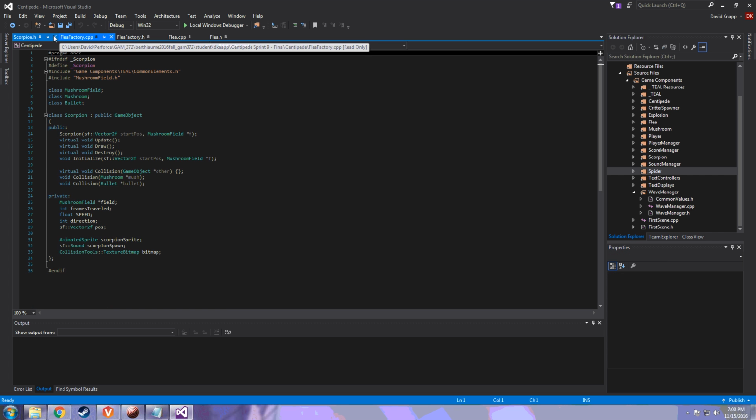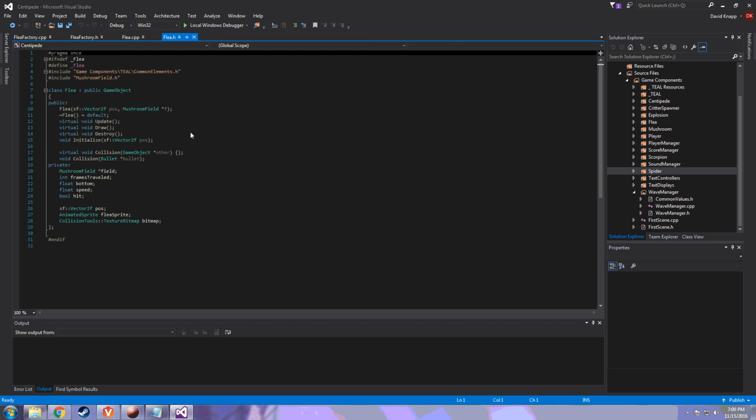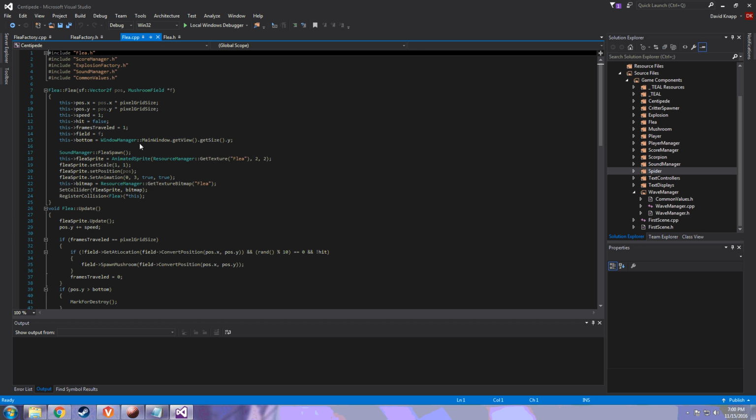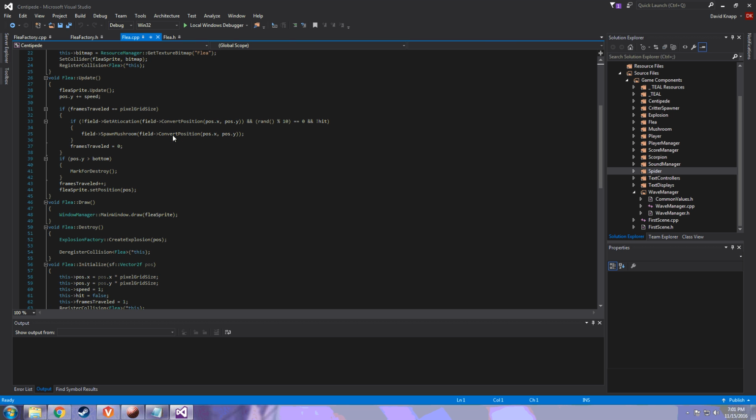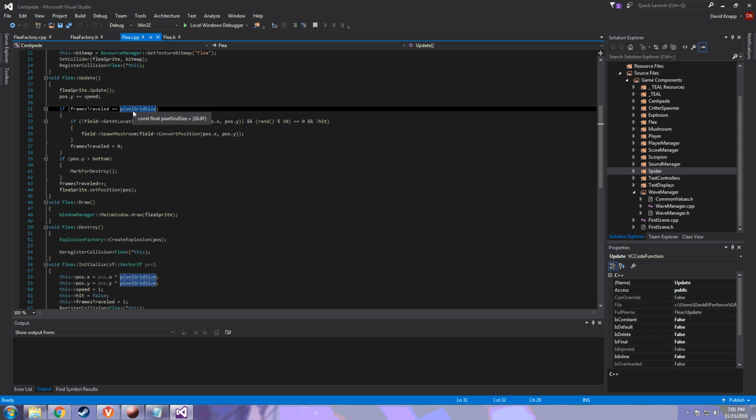On to the final critter, the Flea. Flea moves down, only down. Very simple, randomized position, goes down, and will randomly check itself to see whether or not it can spawn a mushroom. So this is the only critter other than the centipede itself that can spawn mushrooms. And how it does that is it does the same thing of the frames traveled. Every time it has traveled a certain amount of frames, it will check below it, or it'll check where it's at